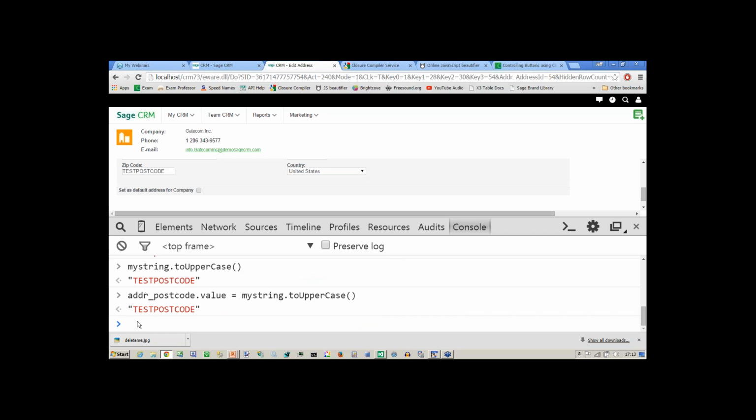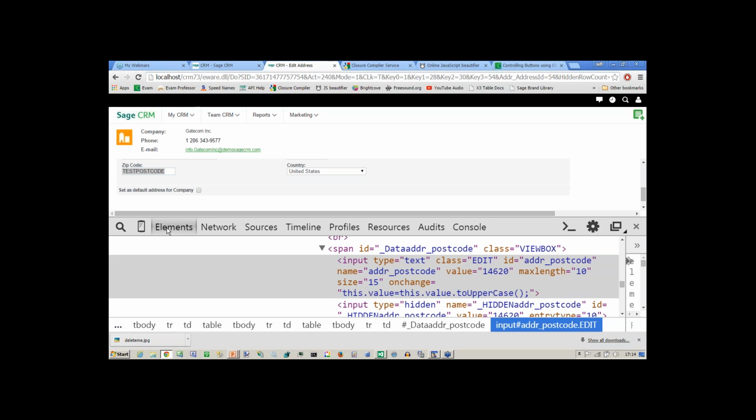and I can set it, and you can see it's both set it here and it's also set it up inside the screen. So there's more than one way of implementing and carrying out the work, but it's resting on the same idea. But the reason why it looks like it does, if I go to the elements, and we can see that it says it's this value equals this value to uppercase, is that I've got this little bit of code in the context of this particular structure, which is the object, which is the field, which is called